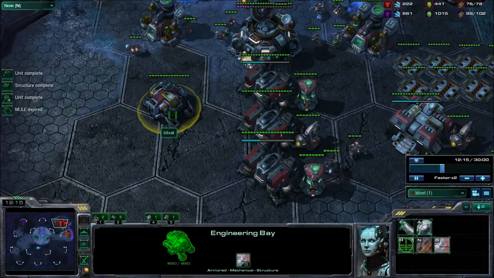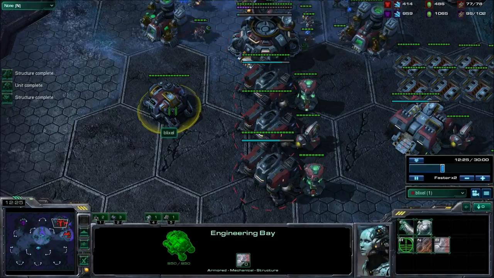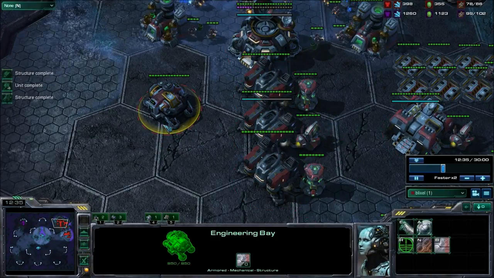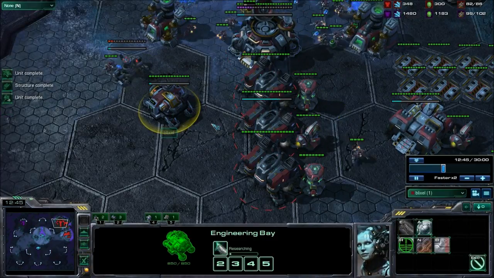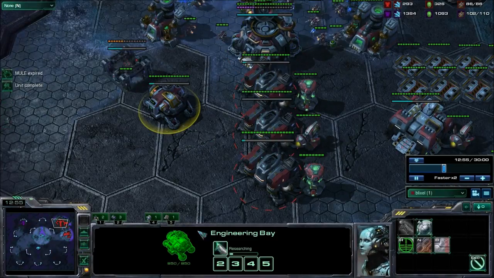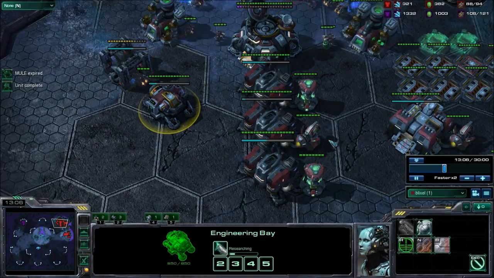because I start to get my engineering bay out finally at the 12-minute mark. I just felt like I couldn't really get it any sooner, but getting upgrades researched is so important. I just felt like I couldn't afford the upgrades any sooner. A little bit of macro slip in there,